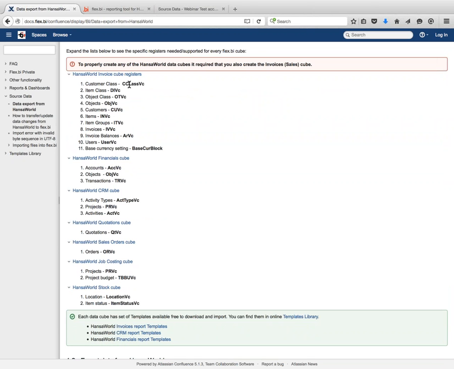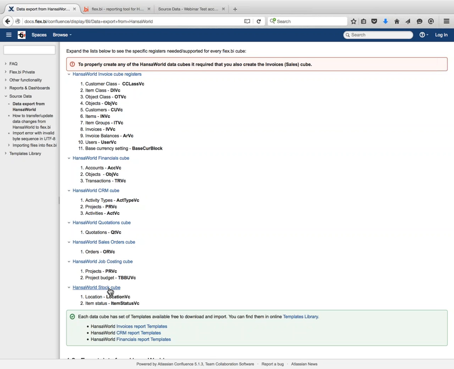For private versions, of course, there can be several different integrations with any of the Hansworld modules, but on the Flex.bi cloud that we are on today, there are those connections available. So it's Invoice Cube, which is based on the invoices. There's a Financials Cube for transactions, CRM Cube, quotations, and sales orders and job costing. Plus, there's a Stock Cube available also